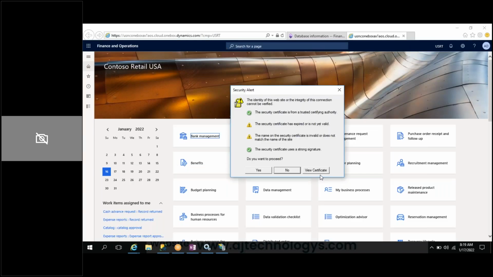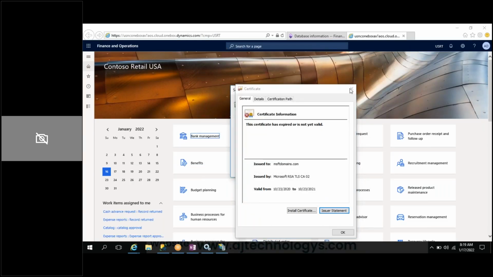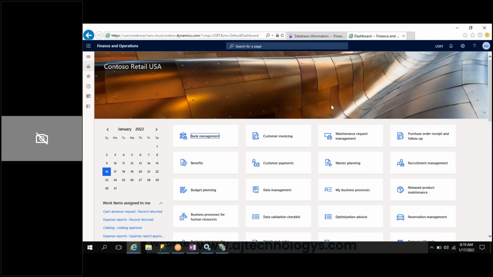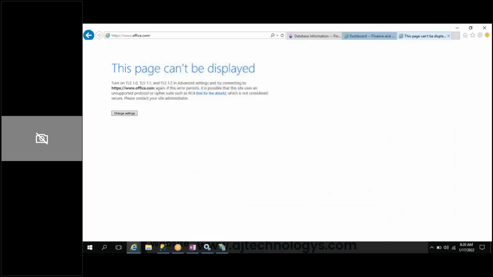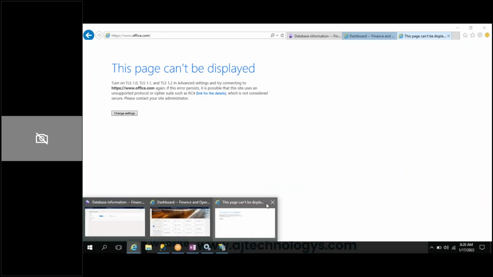Then you can add it to your favorites. Once it is open, I can see the company called Contoso Retail USA, and there is a search page, and Finance and Operations. When you click on this, it will go to office.com, but that is not required.